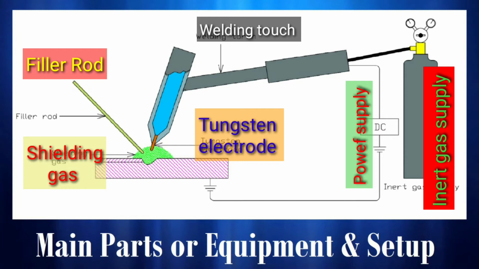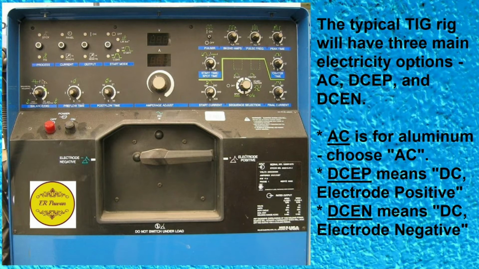Power supply. In this welding, we need a constant power supply, because if there is a fluctuation of current, then it is hard for the welder to weld the joints properly. There are two types of supplies, DC power supply and AC power supply. With the DC power supply, we can weld steel, nickel, titanium, etc. And with the AC power supply, we can weld magnesium, aluminum, etc.